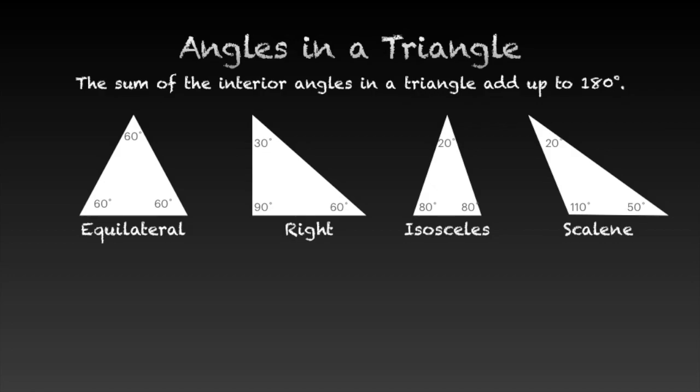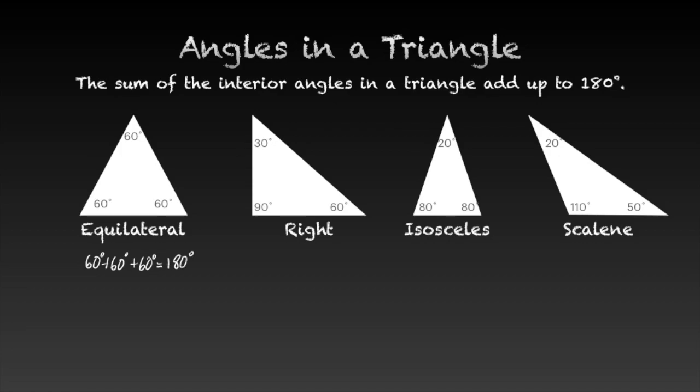Now let's go over the angles in a triangle. So the most important part is that the sum of the interior angles in a triangle adds up to 180. So you have three angles in each triangle, and when you add them all up, they always need to give you 180 degrees. So let's prove that. When we're looking at the first one, we have 60 degrees plus 60 degrees plus 60 degrees, and that's going to give you 60 plus 60 gives you 120, plus 60 gives you